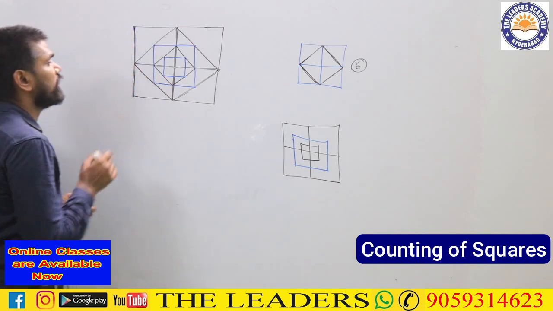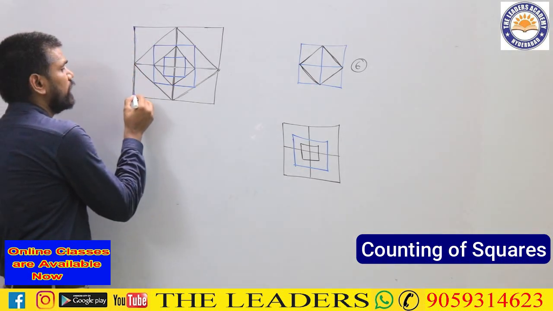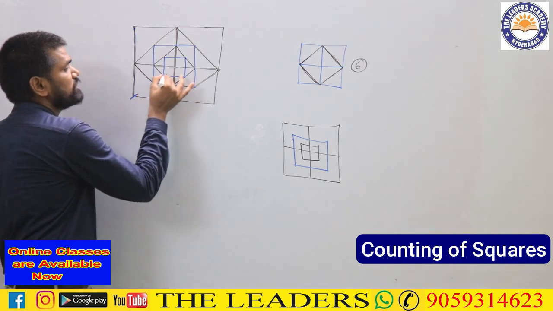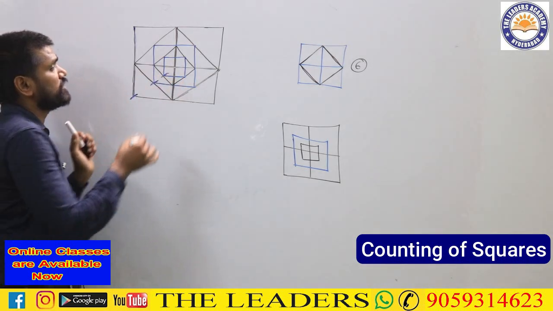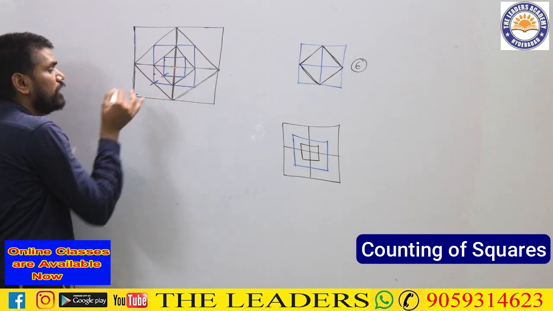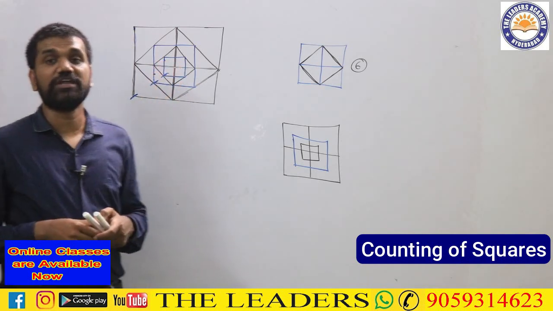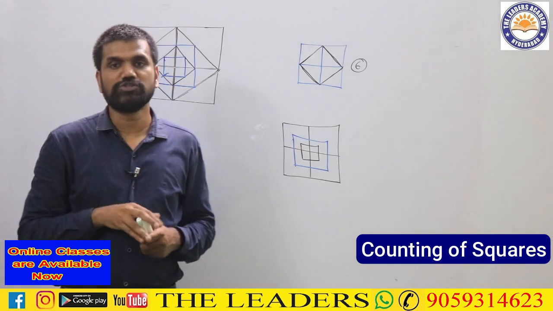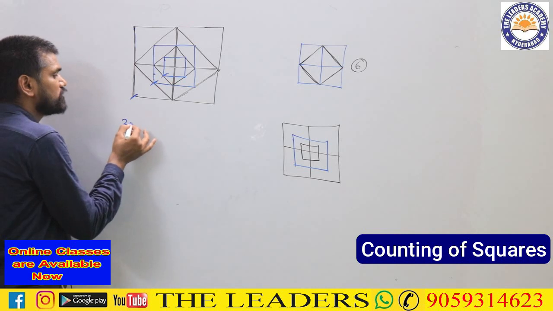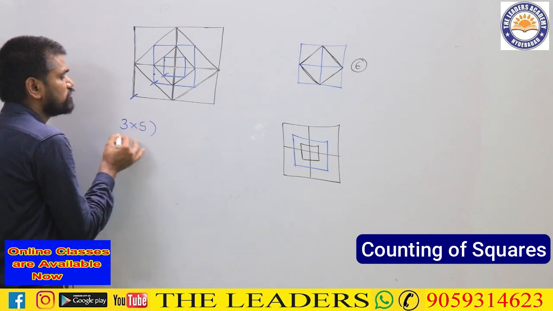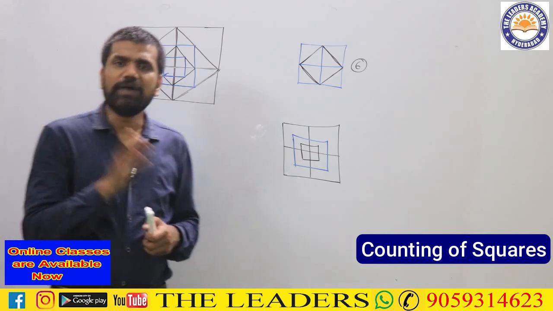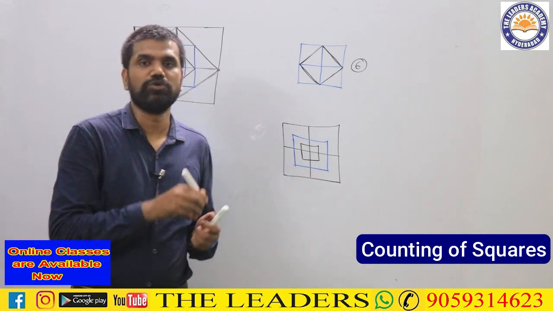Now further, if you check here, whatever I am going to highlight, this is one structure, this is the second structure, this is the third. So there are 3 such structures, these blue ones that I am drawing inside here, 1, 2, 3. There are 3 such structures where each structure is giving me 5 squares. That's why in total I am having how many squares over there? 3 structures, each giving me 5 squares. In total I have how many? 15. Apart from those 15, I still have more squares over there.